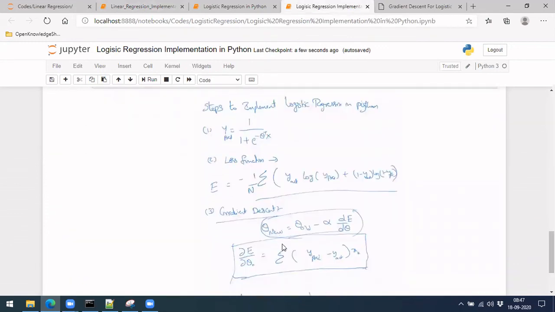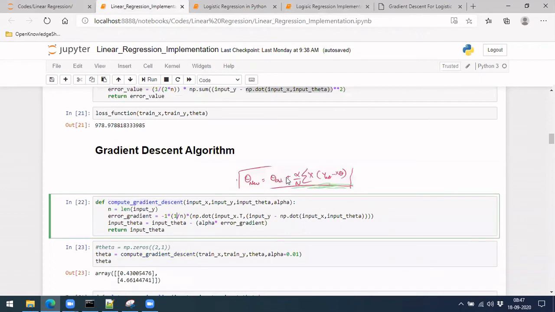Anyway we have to take a mean. So y prediction minus y actual. See, this looks exactly the same. So actually we can use this part directly, instead of re-implementing it again. Let me take that.